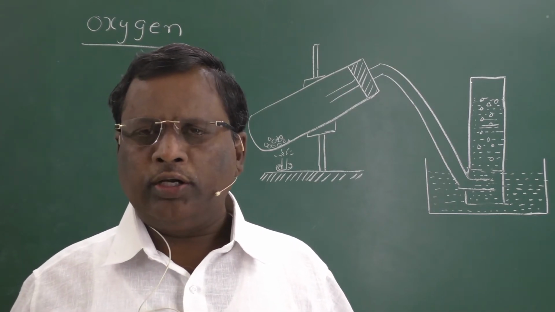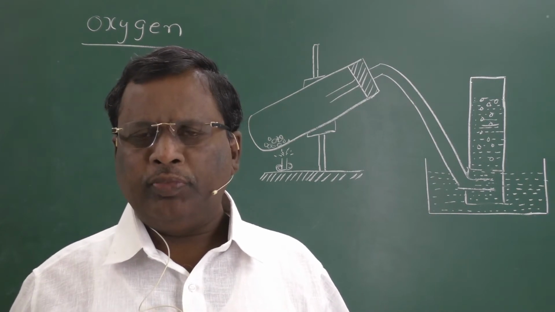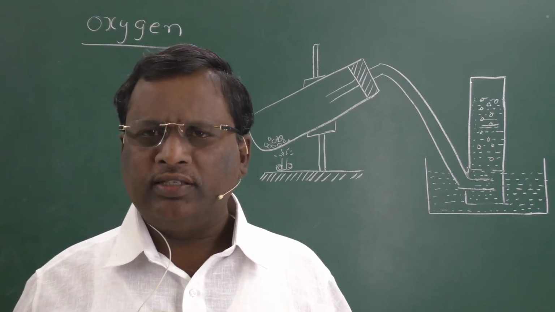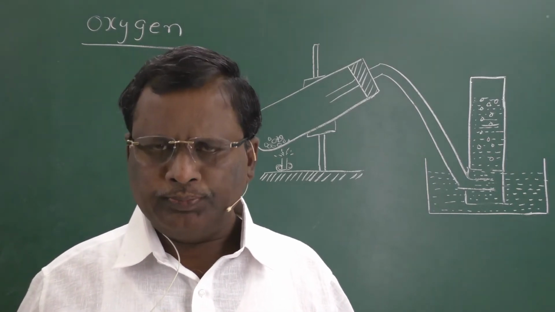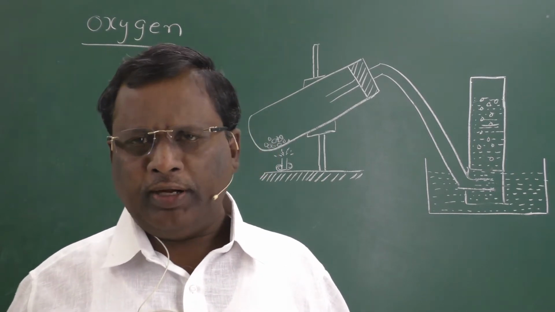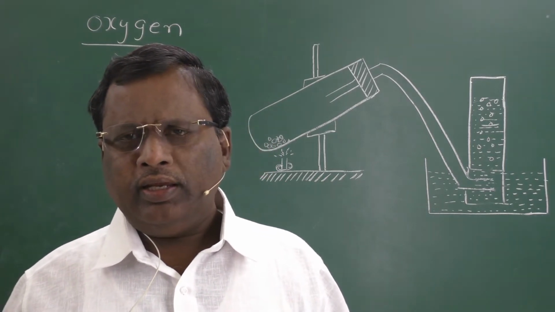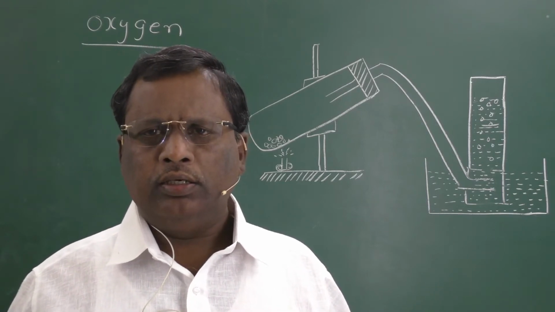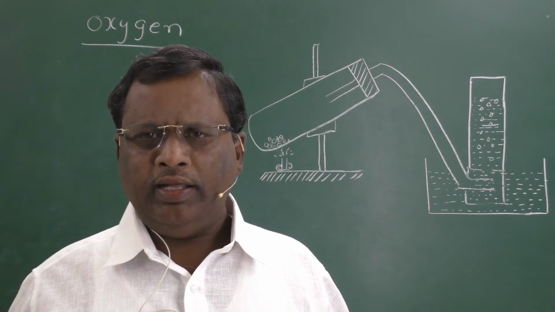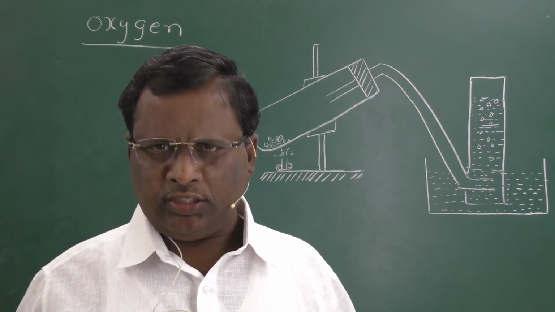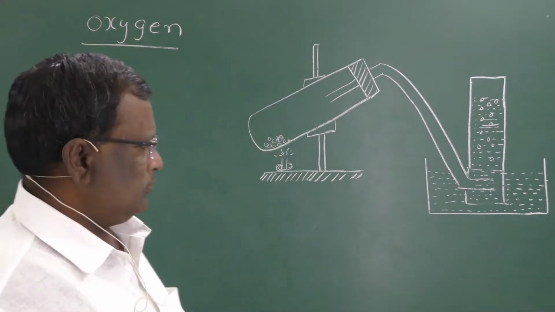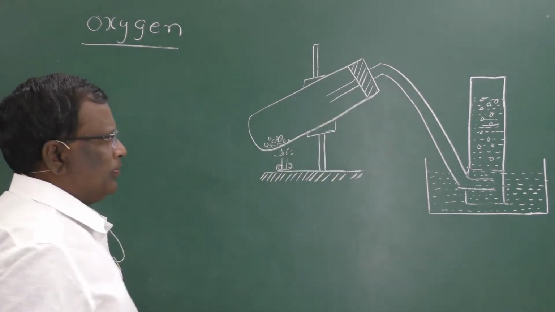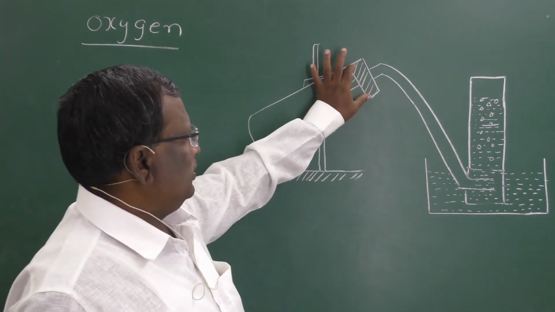In the present class we are going to discuss the preparation and properties of dioxygen, or simply we call it normal oxygen, O2. This O2 is prepared by thermal decomposition of oxygen-rich compounds like potassium chlorate and potassium permanganate. Potassium chlorate will be taken in a hard test tube, and here this test tube has a